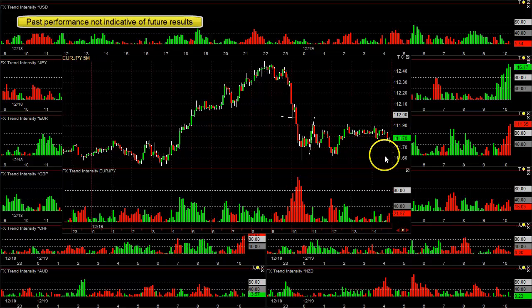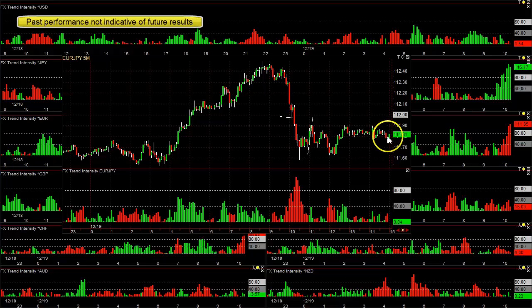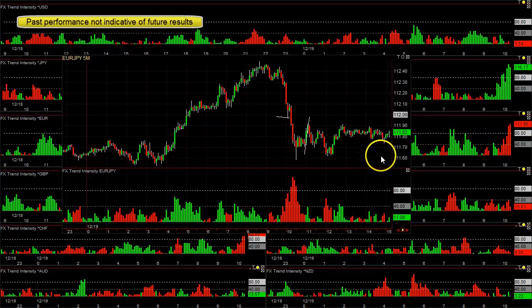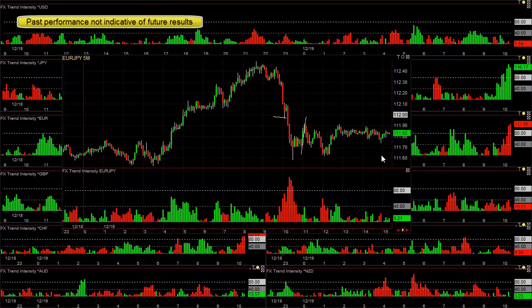Alright, short again. I'd be getting out of this near break even here. The whole key to trading is small losses, big wins. At this point, the market pulled back a little bit. It's not able to go higher. I'd wait for it to break this low here to go short, because it is in a very low volatility